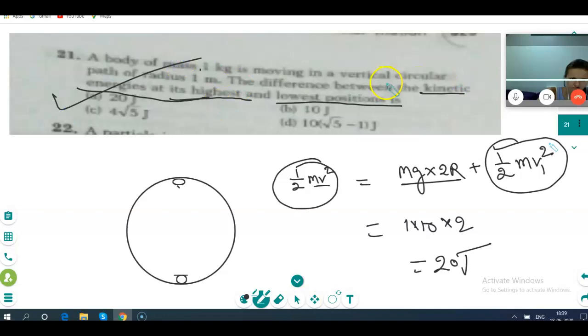Just see the answer. A. Yeah, that's what I'm saying. It's pretty easy, I just didn't know how to apply it. Now you have it. Correct? Yes. Question 21. A. Yes, A. Okay, that's it.